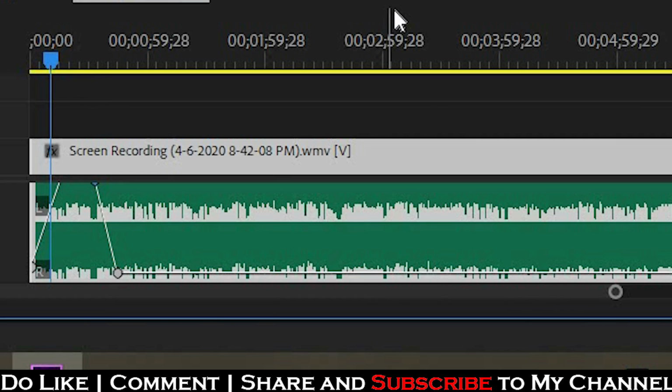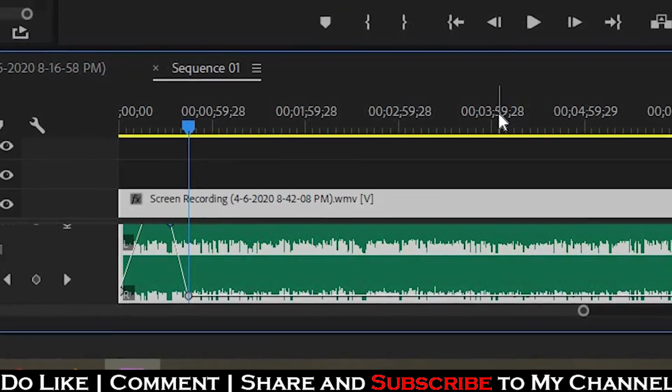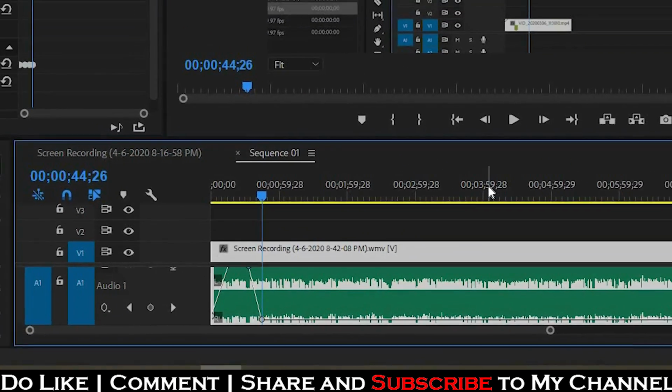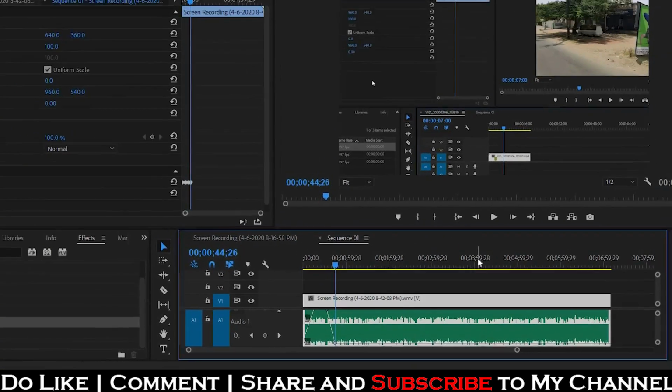See, slowly the volume increases. The volume is the same till here. Once you have put your video onto the timeline, as soon as you click on the video, what you can see up here is the effects control panel. So if you want to end a video, you can slowly reduce the volume so that it sounds good.